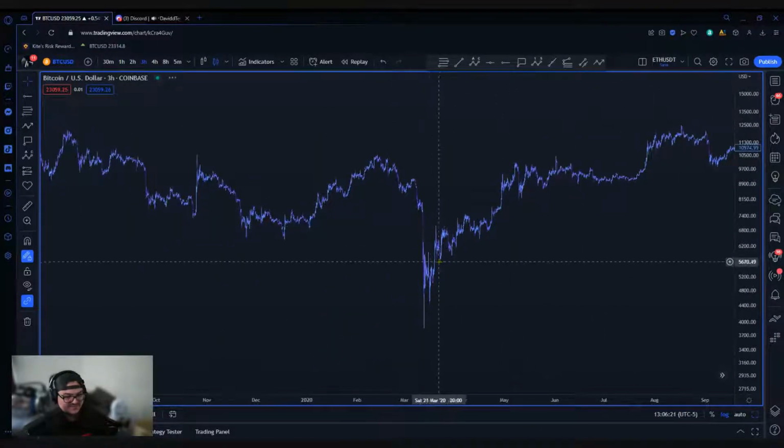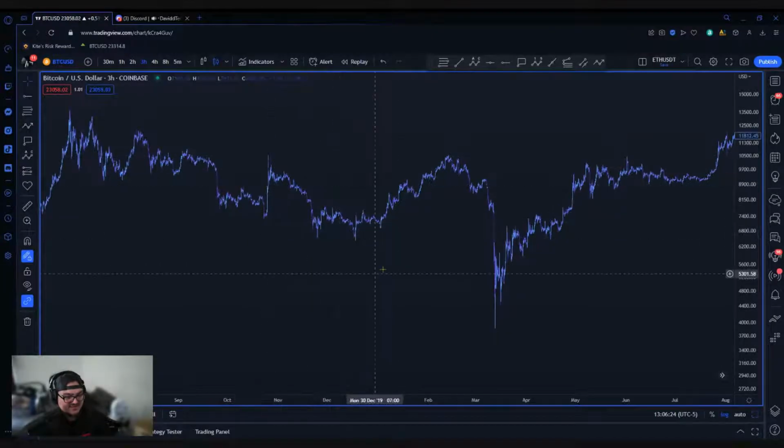I started trading around probably November, December. Back then I was using just Market Cipher. I was watching a lot of Crypto Face and trying to use his indicator. I spent more money on the indicator than I made, so it was a net negative for me. But I did take advantage of shorting the COVID dump. Pretty much every single bearish signal you got on a decent time frame, like 15 to 30 minutes, was money. So I was shorting every available bearish signal all the way down to about here. I was getting chopped up in this region.